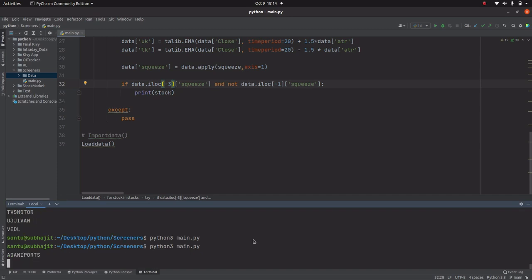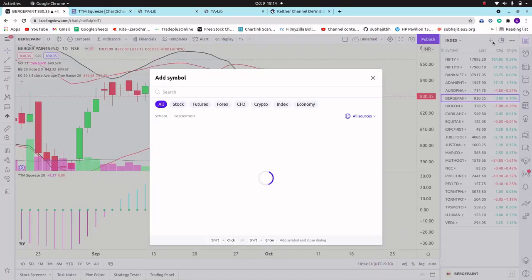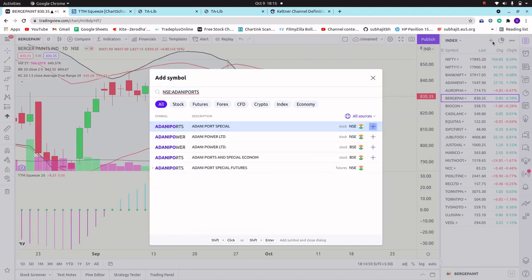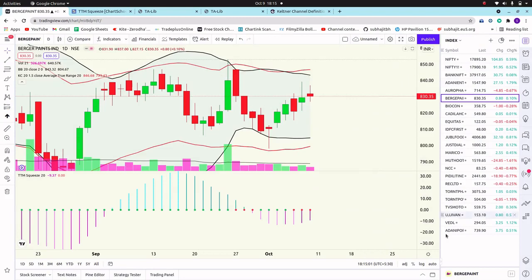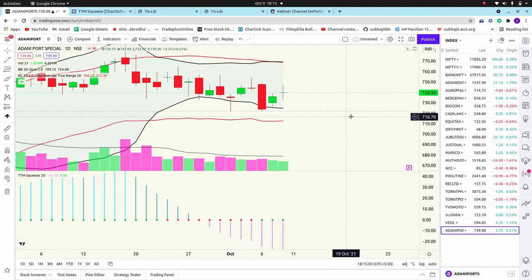So one stock is there, Adani Ports. Let's add the stock, Adani Ports, and let's check. Look at here, in the third candle, fourth candle it was in squeeze, but here there is no squeeze.